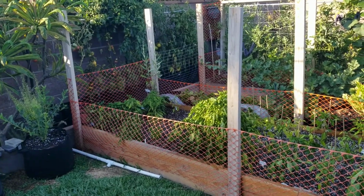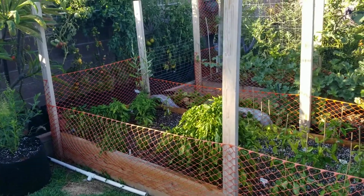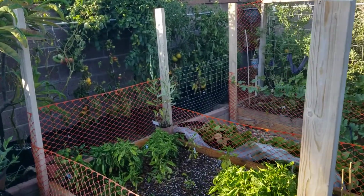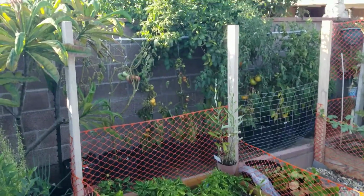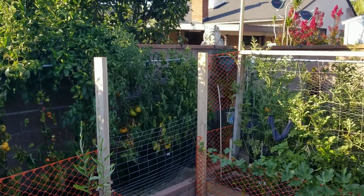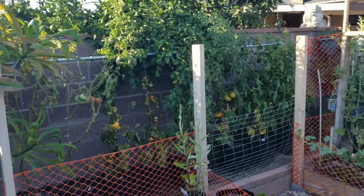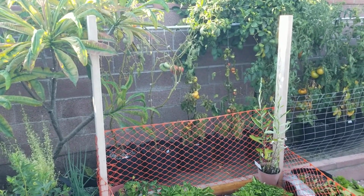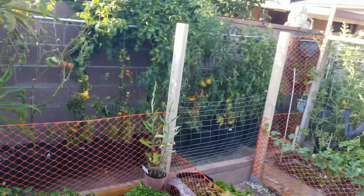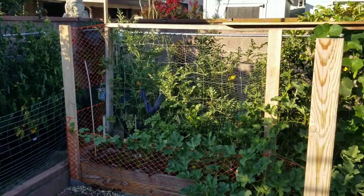Alright, well, that's pretty much it for today. We sprayed everything. I emptied out the 2-gallon container, and let's see how these tomatoes do. As you can see, the difference between how they used to look before, to how they look now. My poor tomatoes. But oh well, I have a lot of tomatoes that are prospering and doing well,